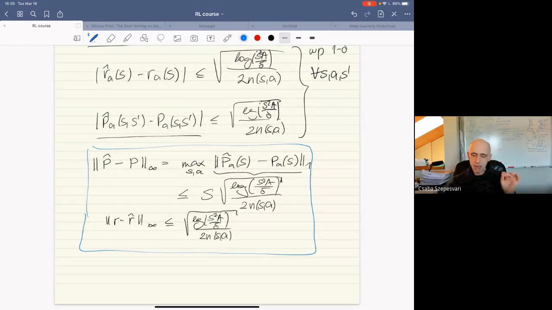Like, if I have one state action pair which was in the data set very, very few times, then that would just make my upper bound large, right? So the error that you get at the end,